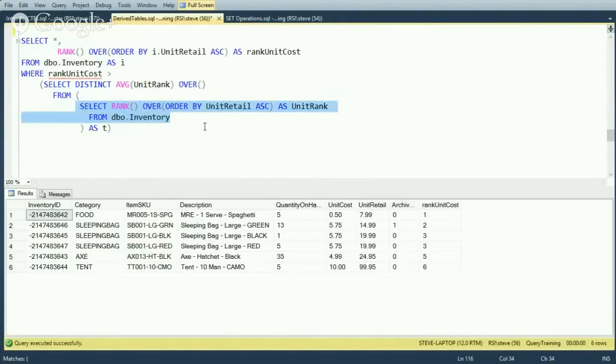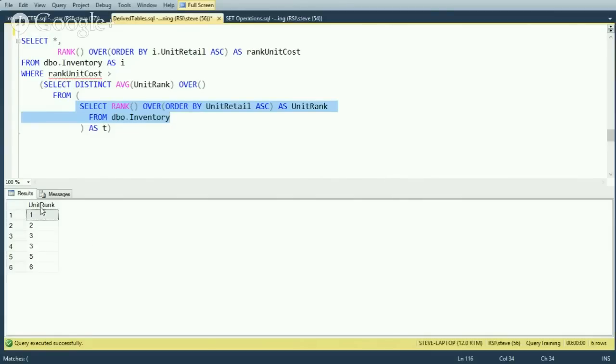And I always, when I start looking at how a subquery or a derived table works, I always start with the innermost one to understand it the most. Select rank over order by as unit rank from inventory. Same one we looked at a minute ago. When we run that, you see we get ranks 1 through 6. We then go 1 level out, and we're going to say select distinct average unit retail over. So when we run this one,